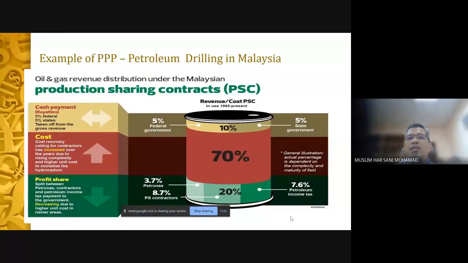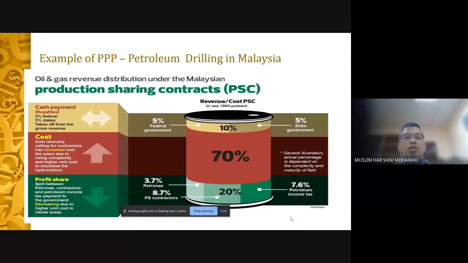So if you look at this, basically the margin to share is quite slim, and at the bottom there is profit sharing. Profit sharing is between tax, contractors, and Petronas. A big chunk of that is basically with the contractors, but it's only 20%. Almost 8% is basically petroleum tax that can go to the government. And then with Petronas.